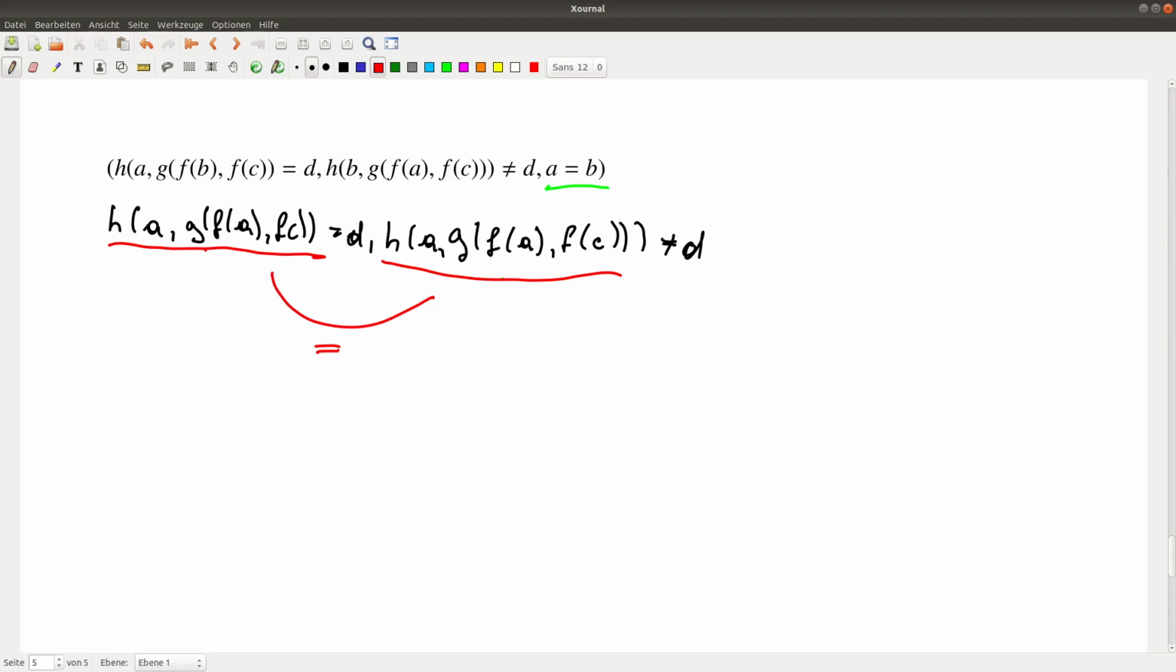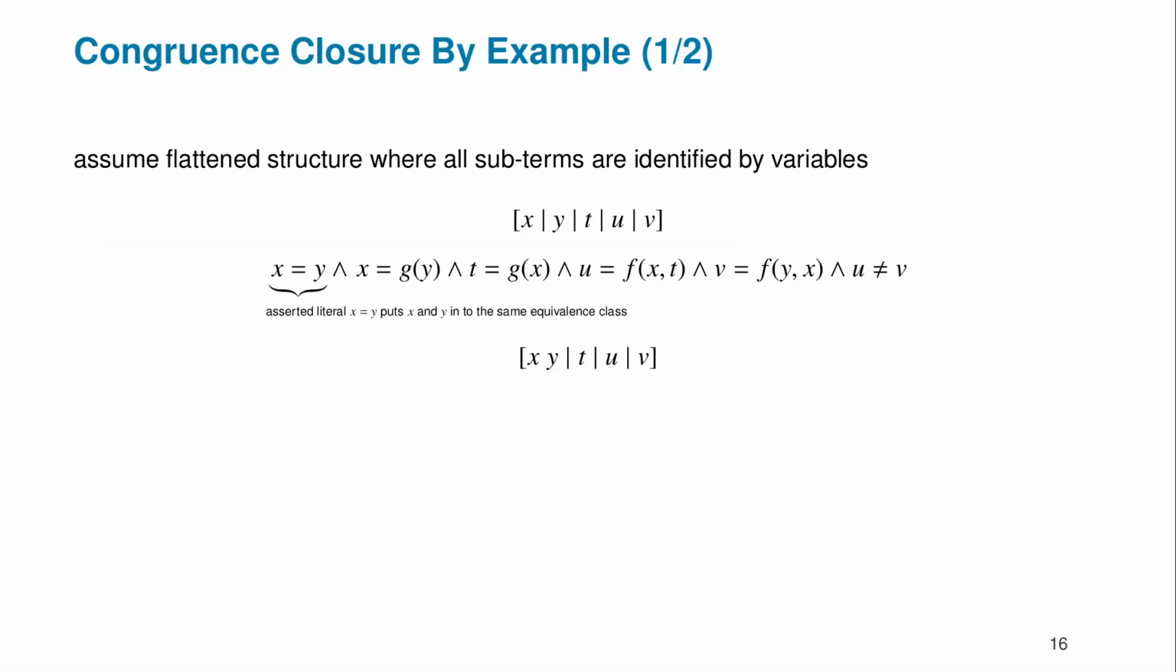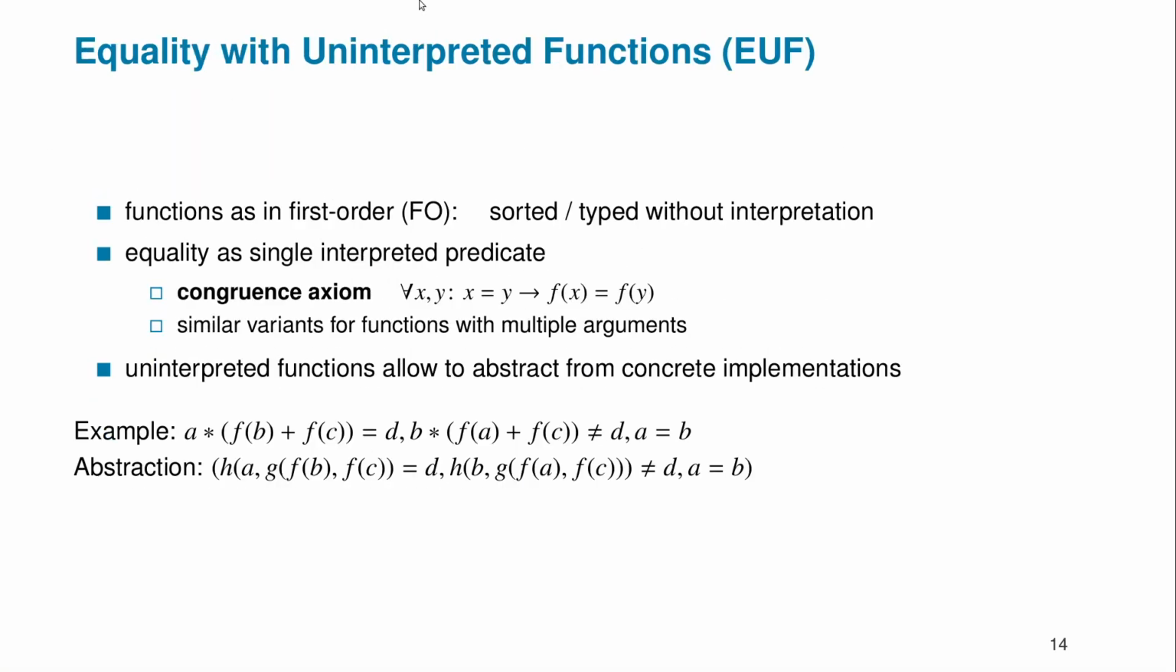And now we have a problem, because one time this H expression is equal to D, one time it's different to D, and therefore we have a contradiction. And since the abstraction is unsatisfiable, we can also conclude that the original formula is unsatisfiable,